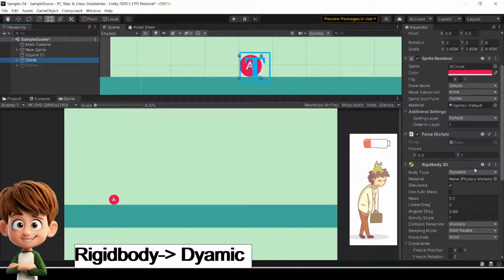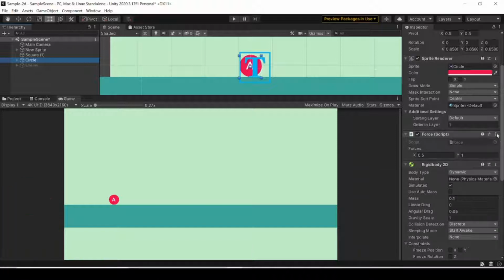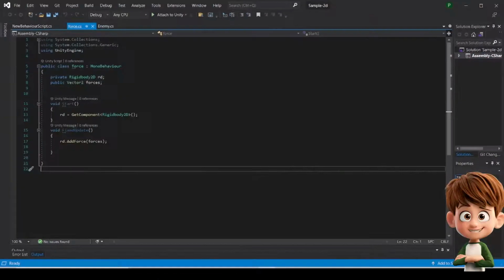In the previous preview you have seen we chose body type kinematic because the body already stores the energy, we just need to give a direction to move it on. So for the force we only apply the dynamic body type. So let's see what we have done. Now here you see this is our script. Here I only show rigid body and vector force, and we call it phi.